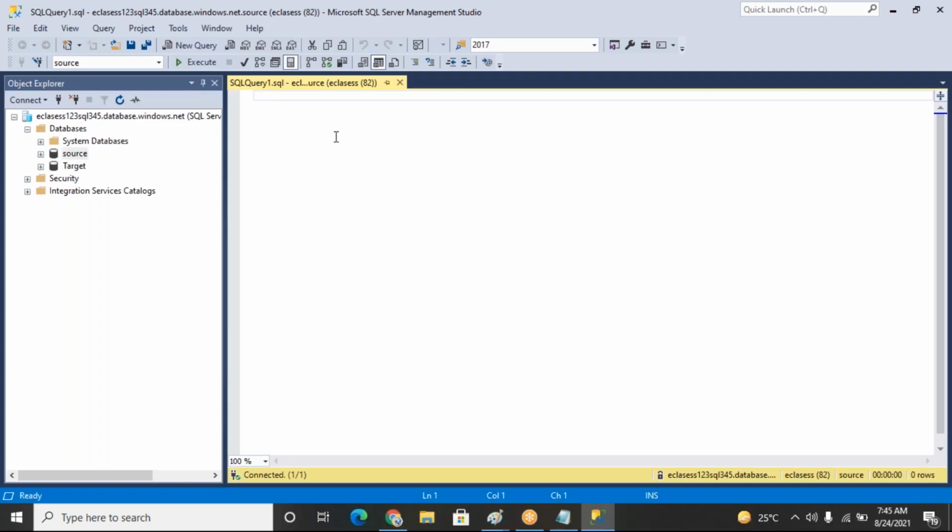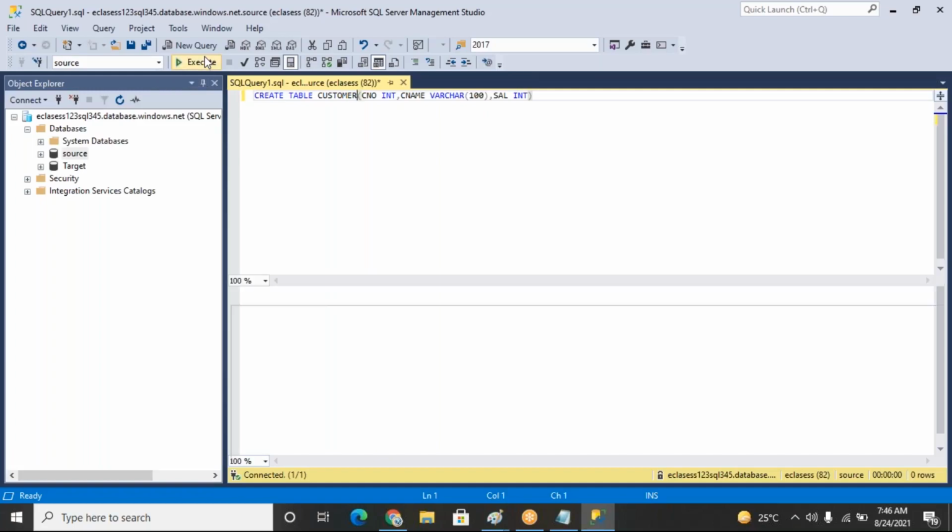All right, so simply you can create table. Employee number, sorry, customer number integer, customer name varchar, salary integer. Okay, create a table, table name customer: customer number, customer name, salary,